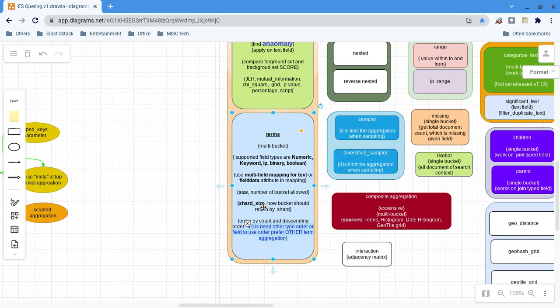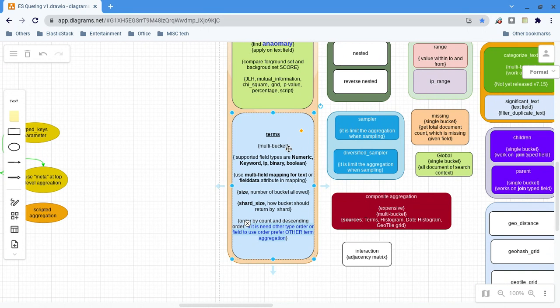This is a very important one. In fact, I have used it very often. Terms aggregation is a multi-bucket aggregation, and it is based on a field. Let's say I use a company or manufacturer name. In my index I will have a minimum of 4 or 5 manufacturer names. If I say terms on manufacturer, then for each manufacturer name it will create one bucket. So it creates the buckets based on the given values.